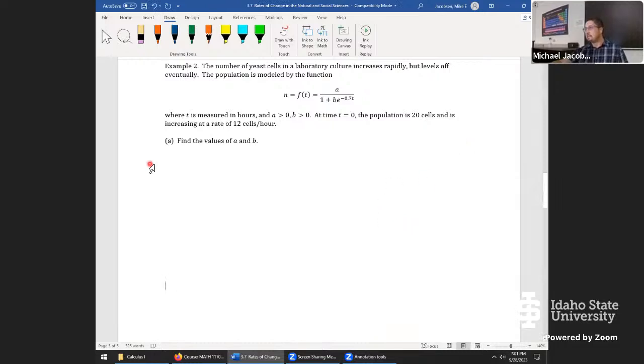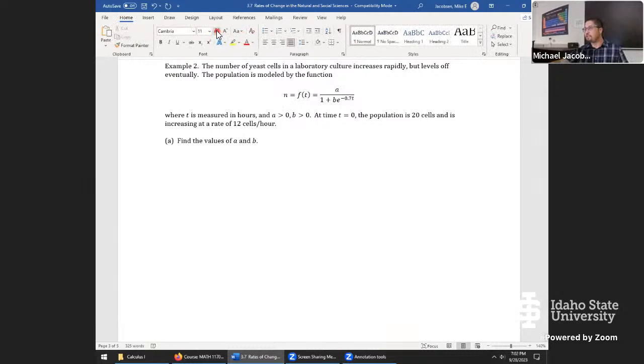It says the number of yeast cells in a laboratory culture increases rapidly, but levels off eventually. So N looks like it's the number of yeast cells in that culture. The population is modeled, so population size, by this function. It's written in kind of a strange way. It goes N first for the dependent variable. If you want to use function notation, you could also just call it f of t overall. But putting this in is also helpful because it's telling us that the independent variable inside that function, let's blow